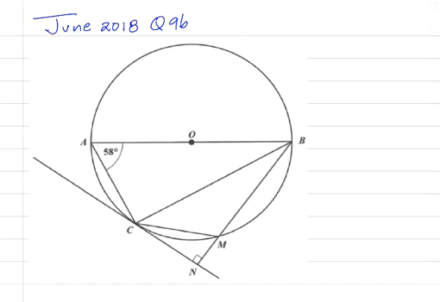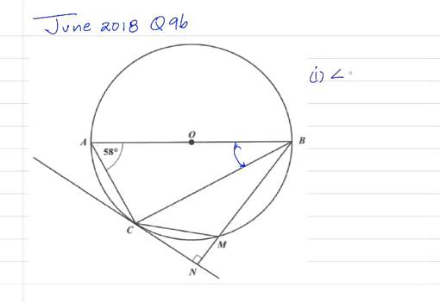We're asked to determine, giving a reason for your answer, (i) the size of angle ABC. So the first thing we're asked to do is determine the size of angle ABC. We're being asked to find this angle here. So how are we going to find that? The first thing I would do is start by saying that